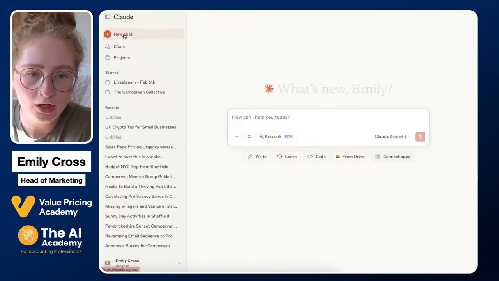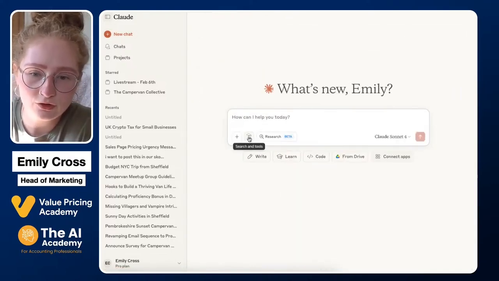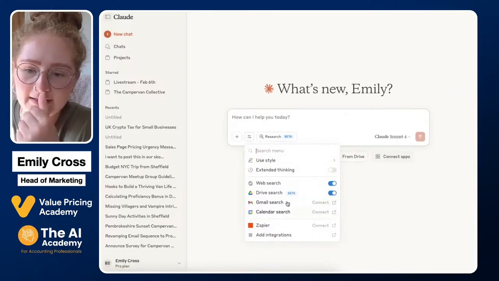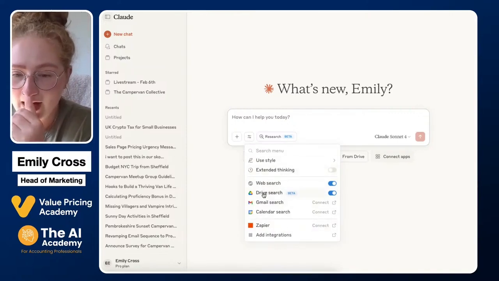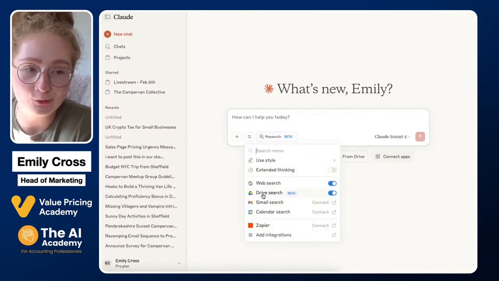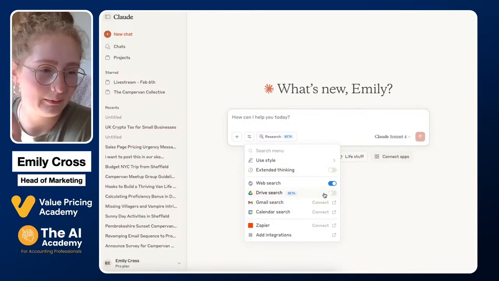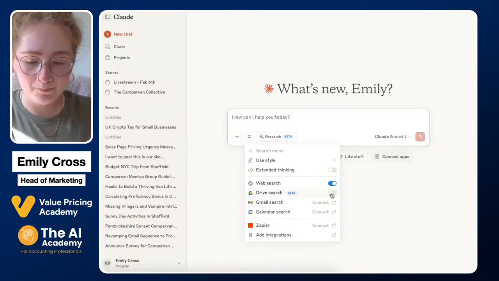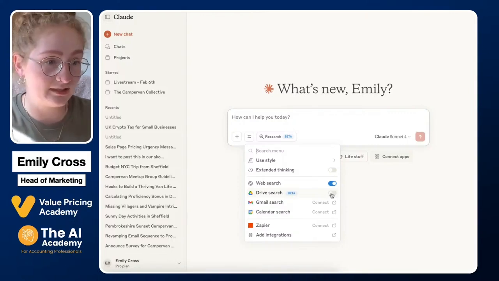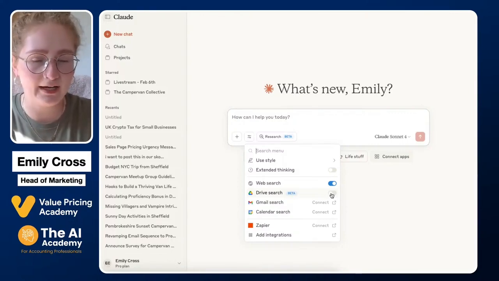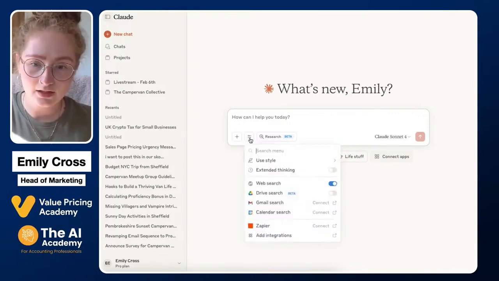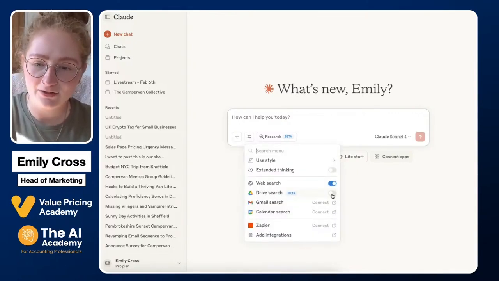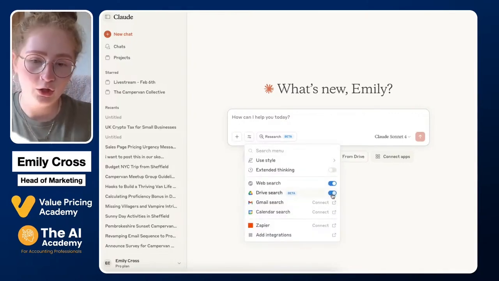Now then, when you start a new chat, if we go to the search and tools feature here, we can see all of our potential connected apps listed here along the bottom. So I have got a Google Drive attached. It's got about 3 files in it, but if I wanted to ask a question about, let's say Google Drive has all of your business documents in there, and you want to ask a question about your business, then you can start a new chat, go to the search and tools feature, and just switch on the toggle